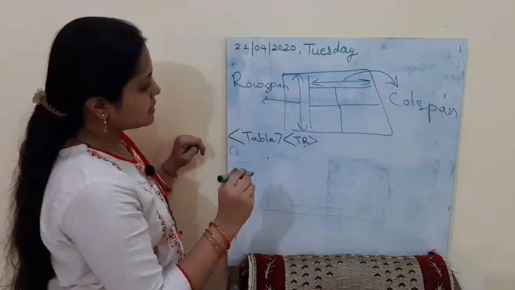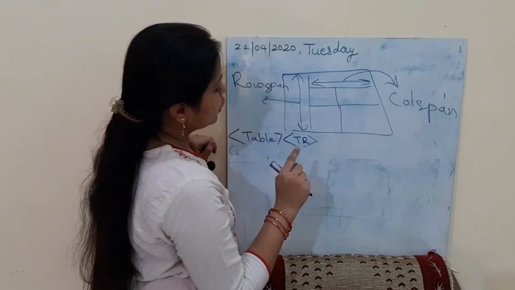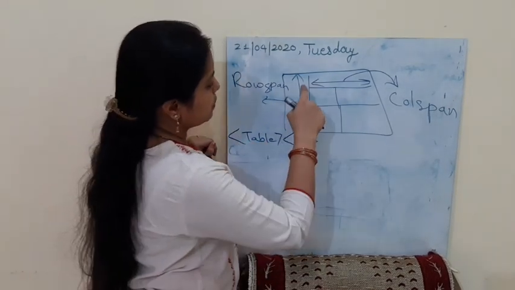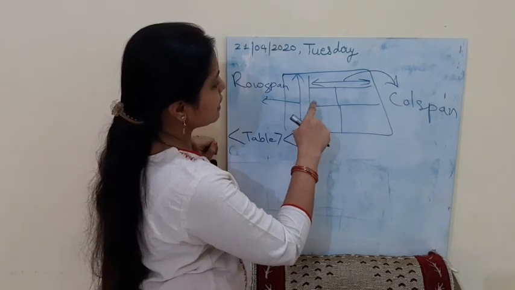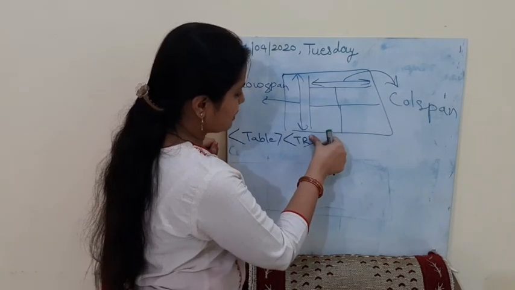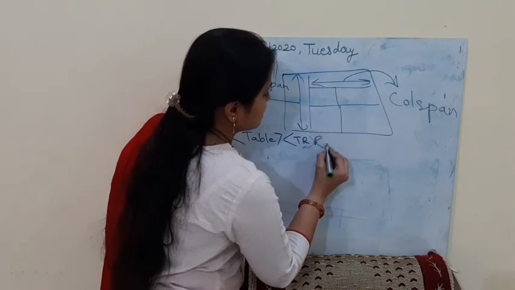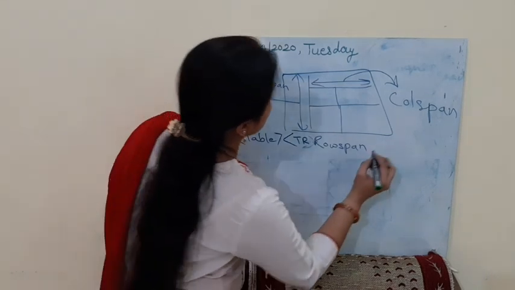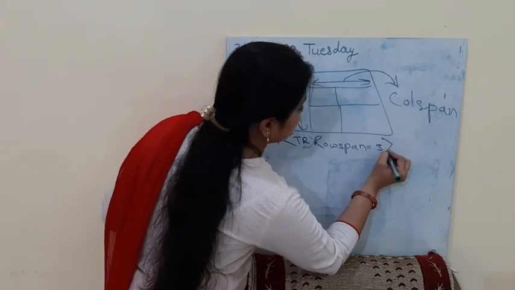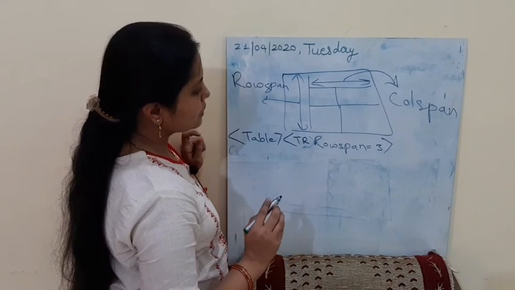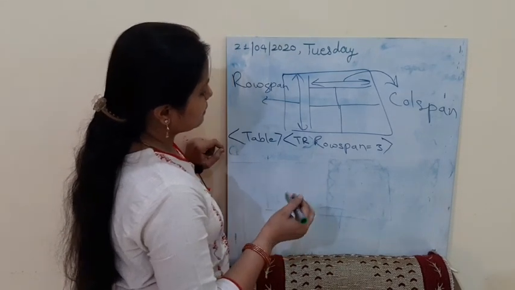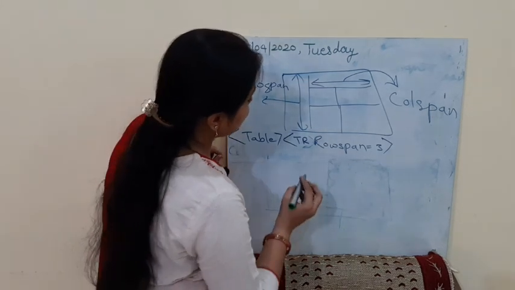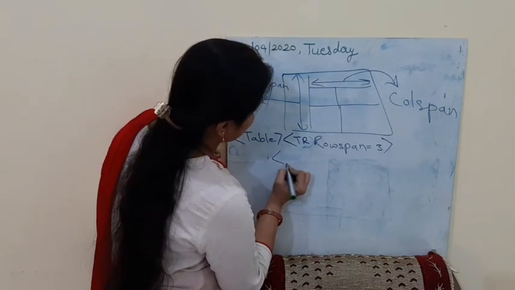now what I am saying is that I am applying row span from first to last. So what is the value of row span coming? 1, 2, 3. So I will write tr row span is equal to 3. Then as soon as I have done this, it will tell me that my row will be spanned, it will be coming to 3. What I am going to do next is, I am going to write td.